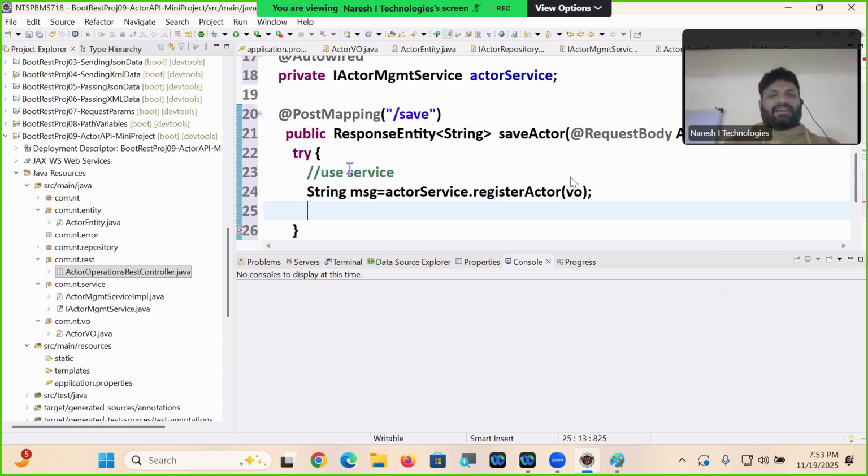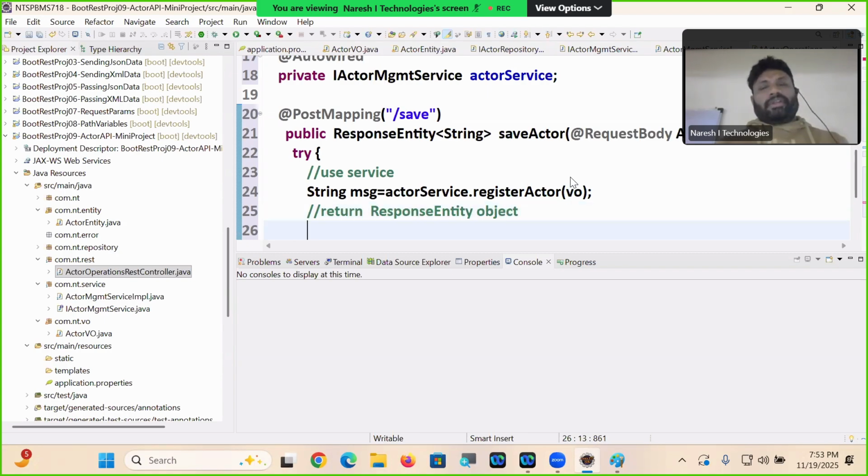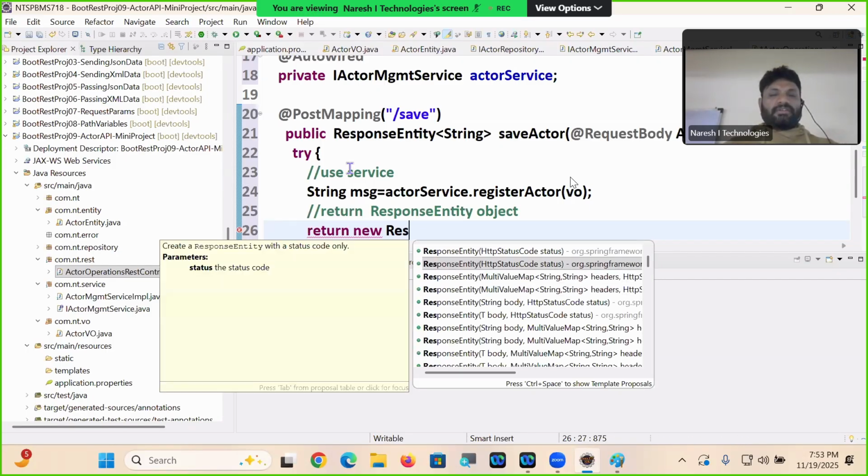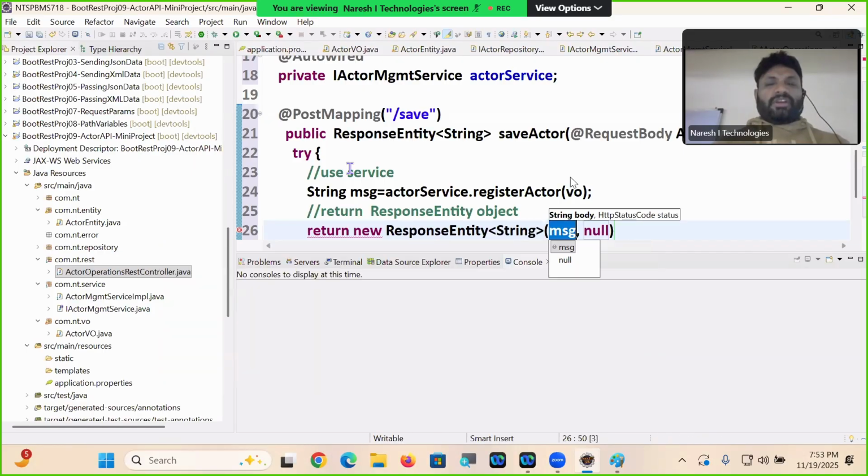See here, no model attribute, nothing. Directly output to consumer. Right? Return new ResponseEntity object, message comma,